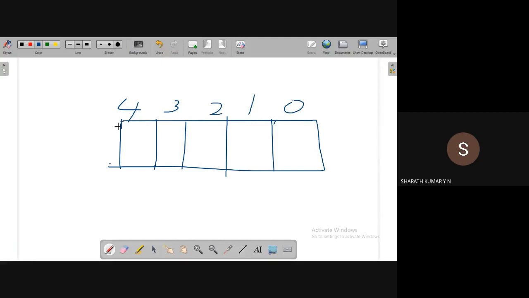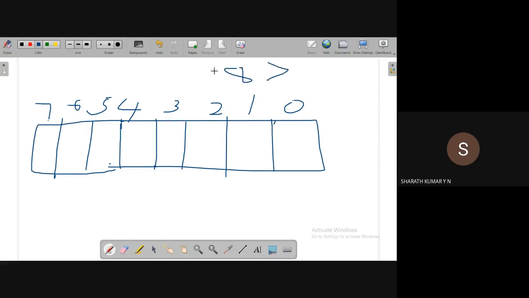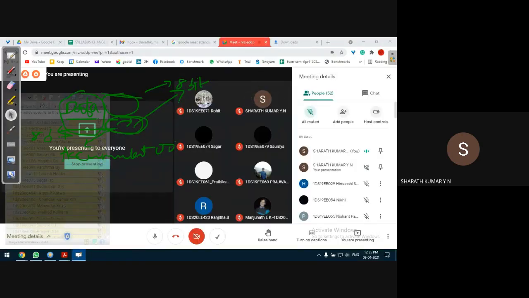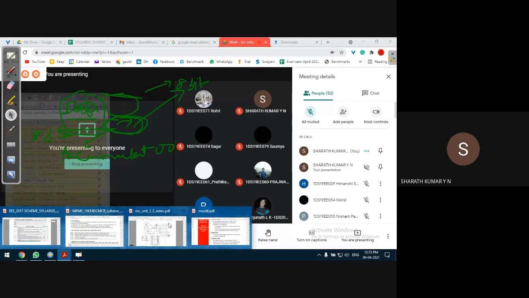this data again has to be converted into 8 bit of data. It has to be padded with zeros, bits 5, 6, and 7, so that it becomes 8 bit of data. I think this point is clear. Data bigger than 8 bit or lesser than 8 bit has to be converted in such a way that the data is a set of 8 bits, not more than 8 bit. If it is more than 8 bit, reduce it to sets of 8 bit.